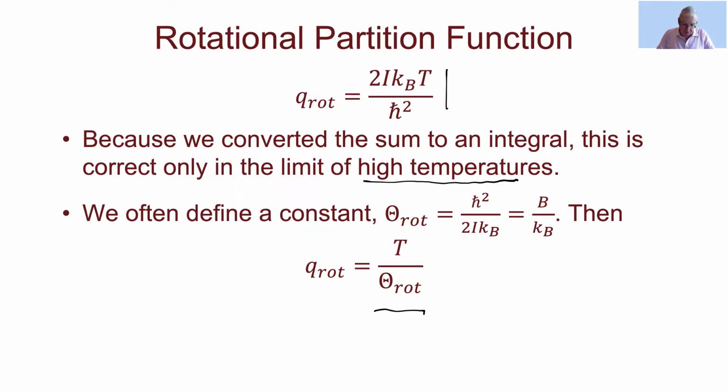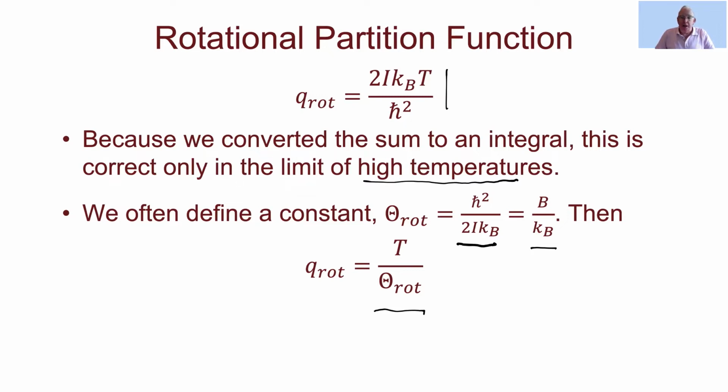That's defined as it says here, either h bar squared over 2Ik, or because the rest of that is also what we call B, the rotational constant, we can say it's just B over Boltzmann's constant, all right? That theta parameter is going to have units of temperature,